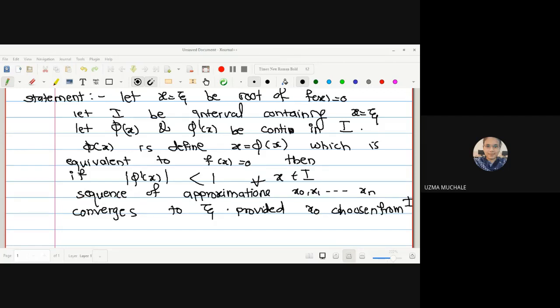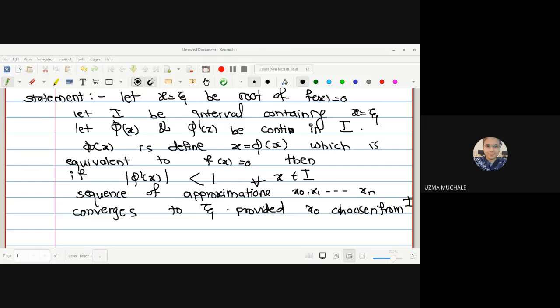That means instead of having x, we can substitute phi of x in our equation. Given f of x equal to 0, this is some equation in terms of x. So instead of substituting x, we can substitute phi of x. That means this phi of x is a solution of our equation, which is equivalent to f of x equal to 0. Instead of substituting x, we can substitute phi of x, and that will be the solution. Assuming one solution, we will proceed.